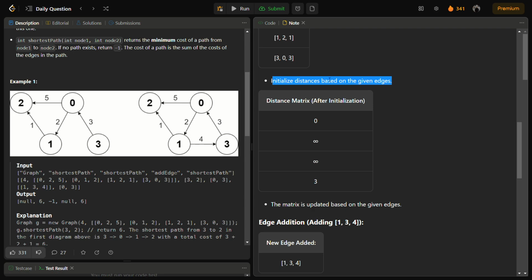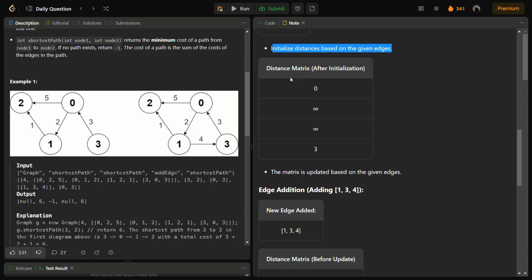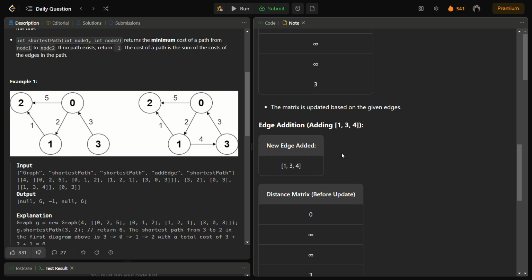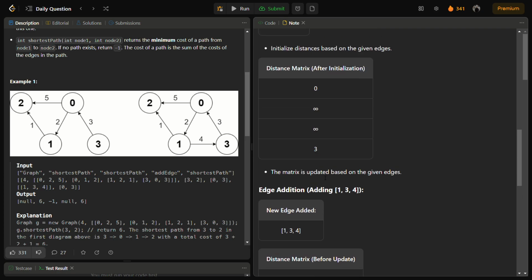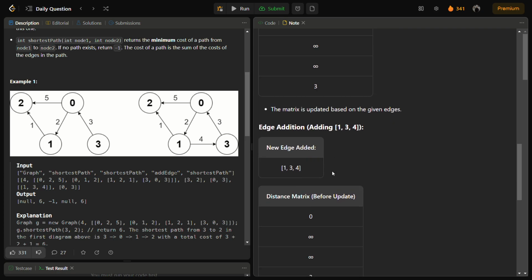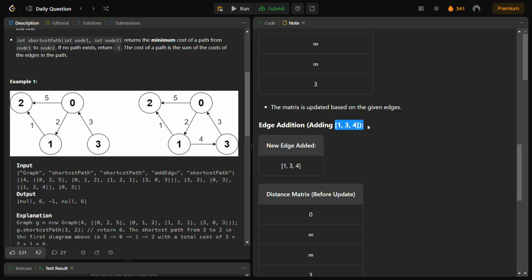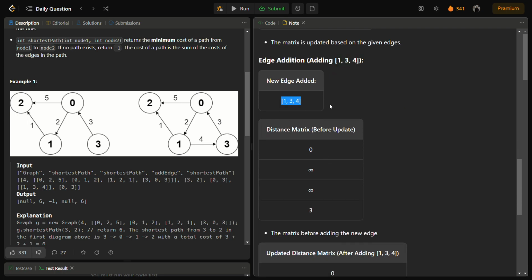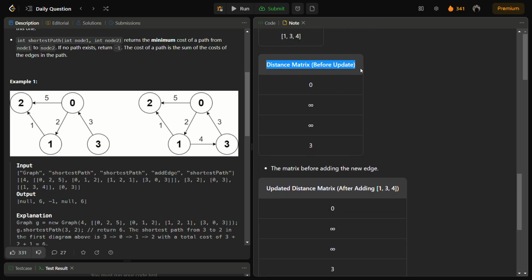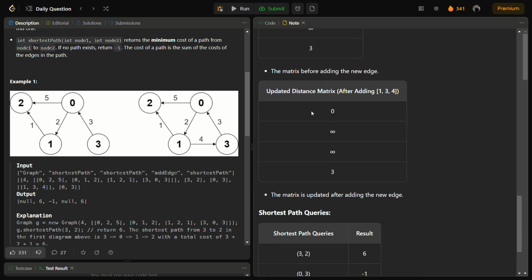So after initializing with all the edges, our distance matrix becomes 0, infinity, infinity and 3. Now this was before adding the new edge, then we have to add a new edge 1, 3, 4. So after adding this 1, 3, 4, the distance matrix before updation was 0, infinity, infinity, 3, and after updation also it is 0, infinity, infinity, 3, but this 3